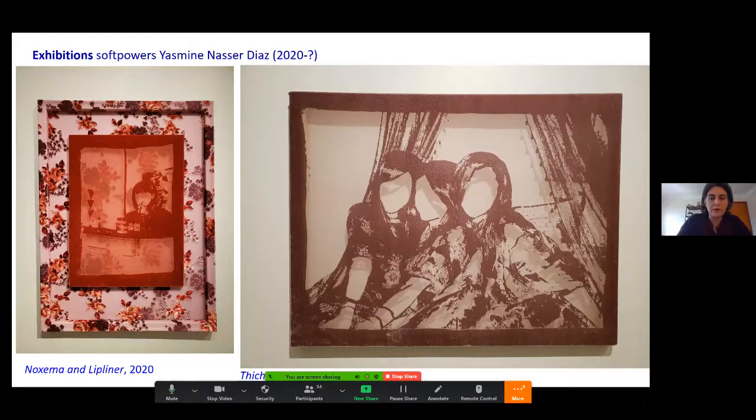The final artist I want to focus on, her name is Yasmin Diaz, and she is a Yemeni American, grew up in Chicago, and she's a multimedia artist as well. She was an artist in residence at the museum in March, and was also putting together an exhibit called Soft Powers, which looks at girl teenage life in the 1990s, which is when